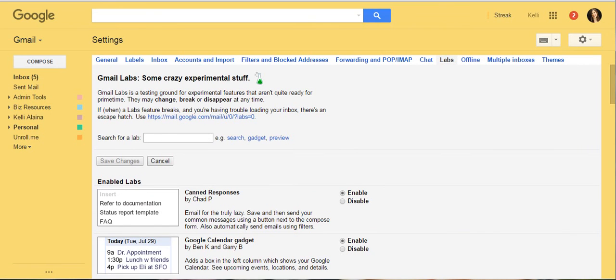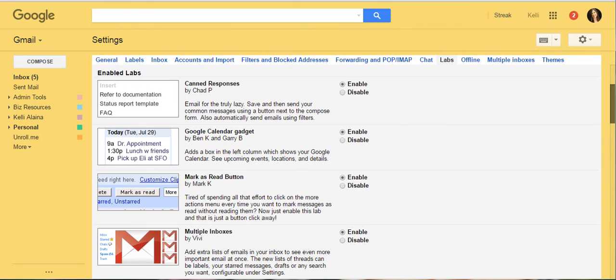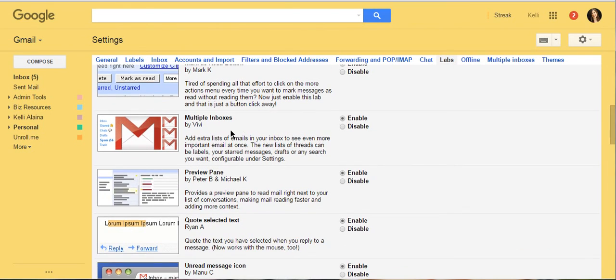Labs. This one can be interesting. These are things that Google is playing around with and testing out. So if you want to test it out, you can enable any of these features, or you don't have to. The one that I have enabled that I really like is multiple inboxes. So if you like that idea of having a to-do list of emails inside your entire email account, click enable,